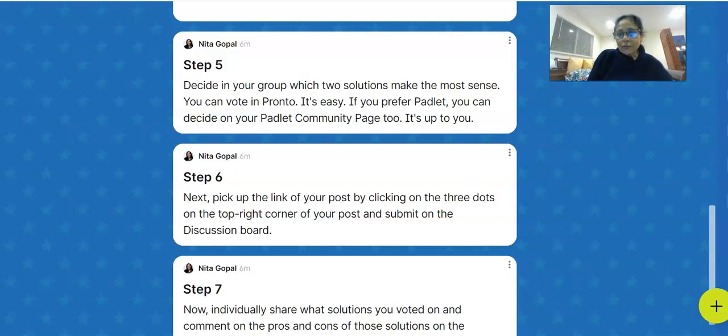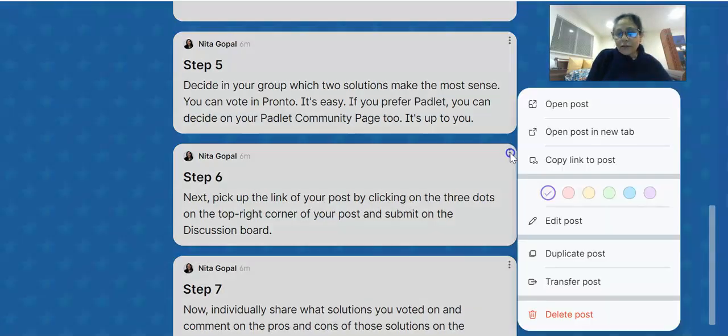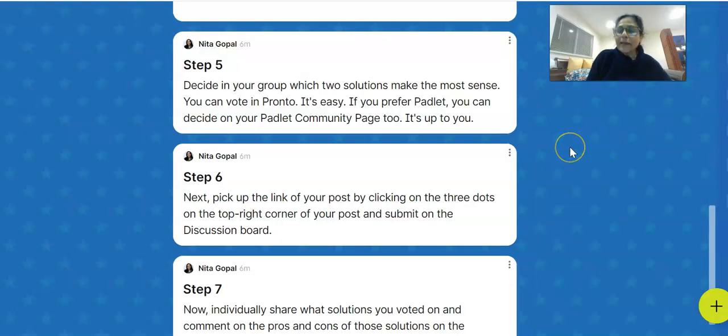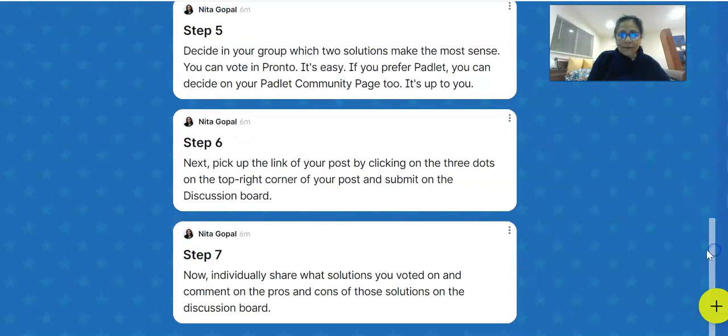You would each have made your solutions post, right? So here, do you see the 3 dots here? You simply click on that, copy link to your post, and then you would bring that and put it on the Canvas discussion board. Okay, that would finish step 6.